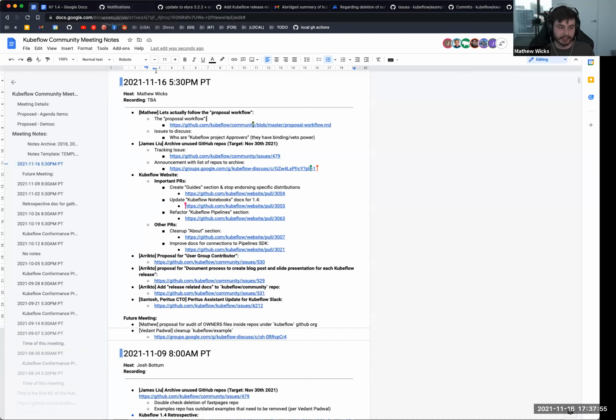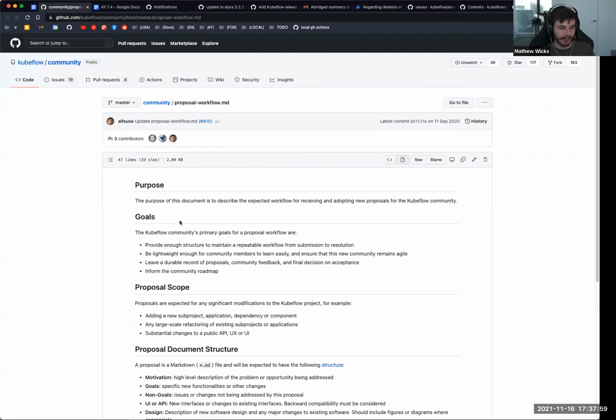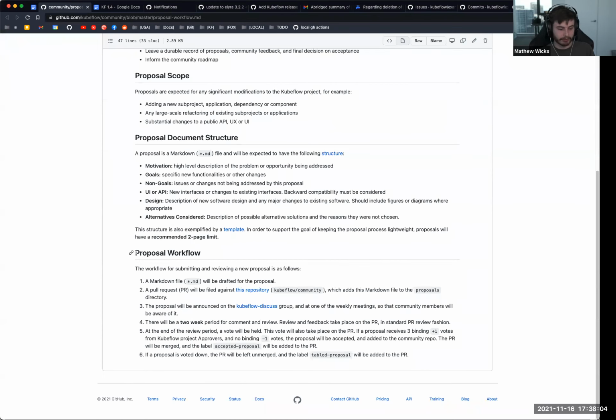And there is actually on that repo something that the community agreed to, which is how to actually submit and approve a proposal. But I think it's a little bit out of date in one section, which is that the scope of who has approver and who has the voting probably needs to be adjusted. But I think that's the thing I want to focus the discussion on, which is that I really want to see proposals have an actual process to get merged. So I want to hear people discuss that.